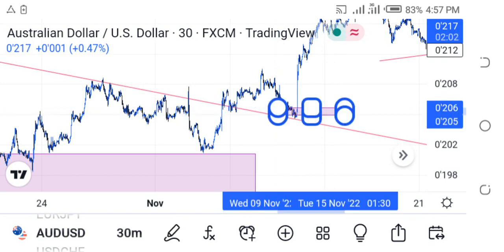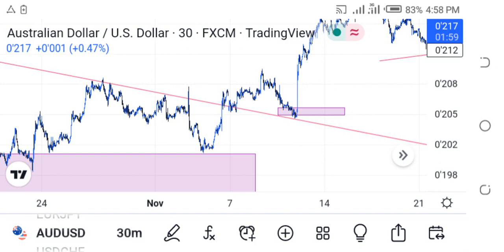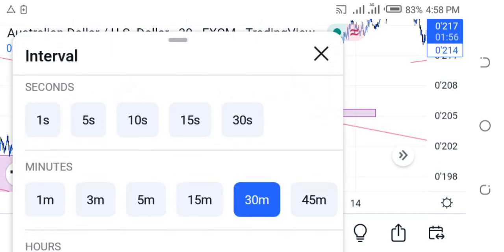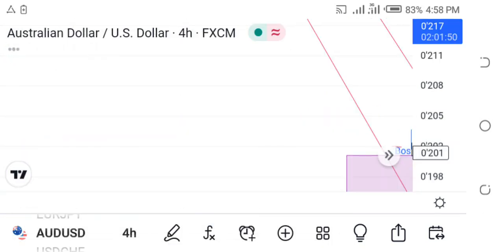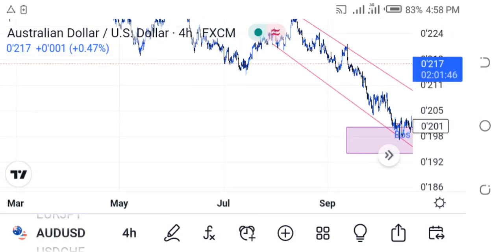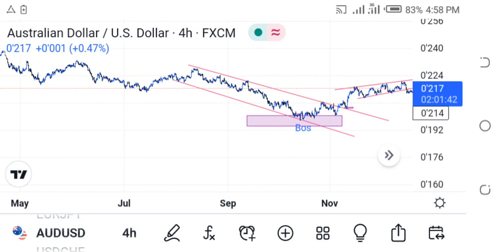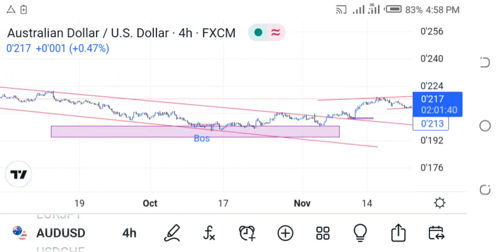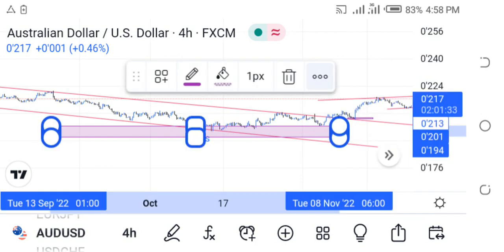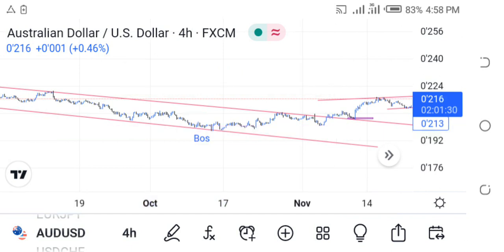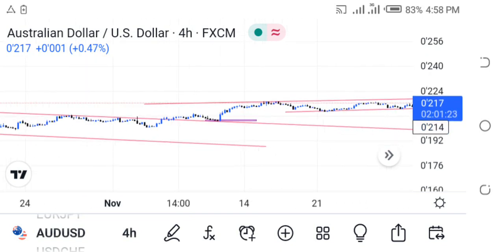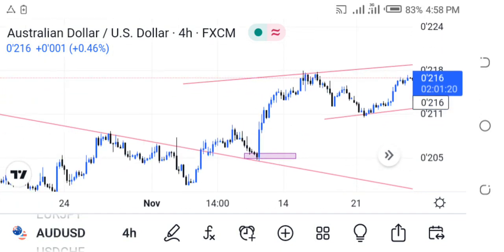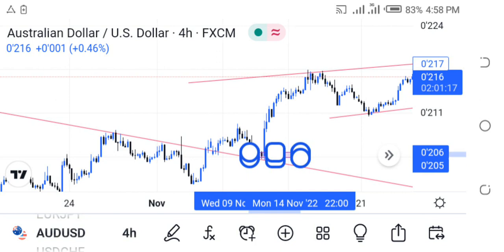Whatever strategy you're using is fine till this happens. See, there was a breakout from this what, trend line, and this trend line happened to be in the 4 hours. Let's go back to the 4 hours. See, let's zoom this in. See, this was a breakout. This is a breakout. So if we've identified this zone here, if you go back to the 30 minutes,